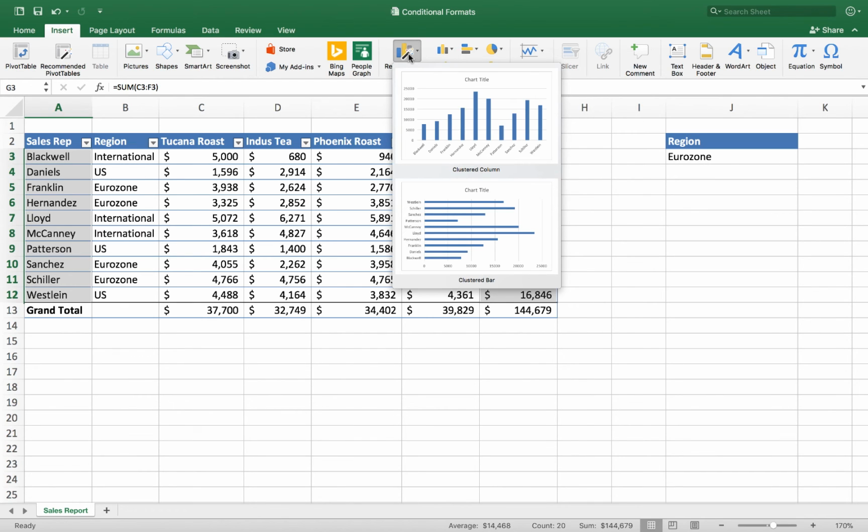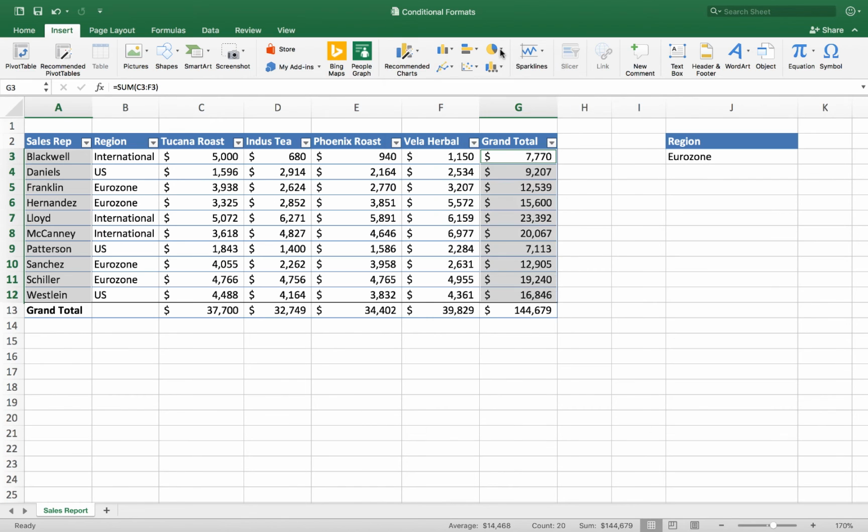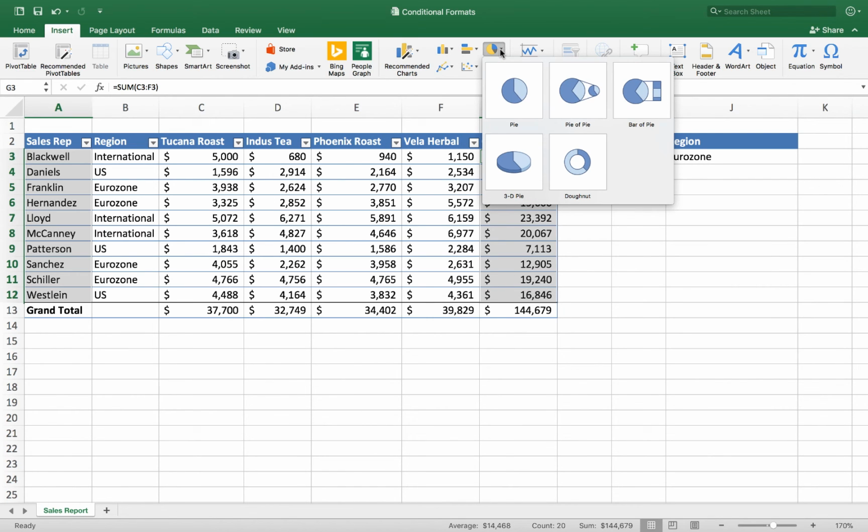If I'm trying to understand what percentage each of these items is of the total, the perfect chart for that kind of thing is a pie chart. I just had dinner before I came to class, so I feel like some pie for dessert, right? A pie chart for dessert would be tasty. So I'll go over to pie chart there and click on that, and they've got several different flavors of pie chart. They've also got donut charts.